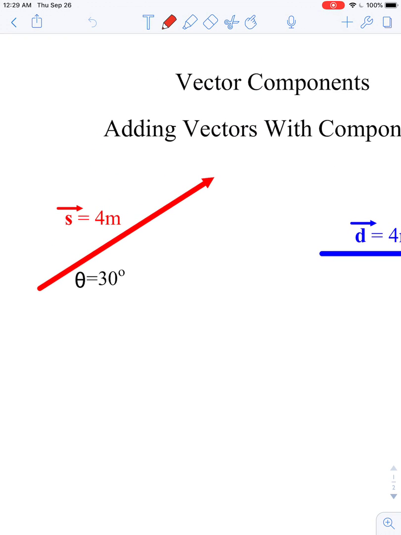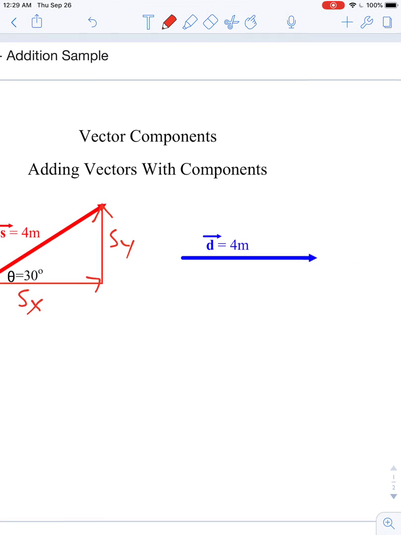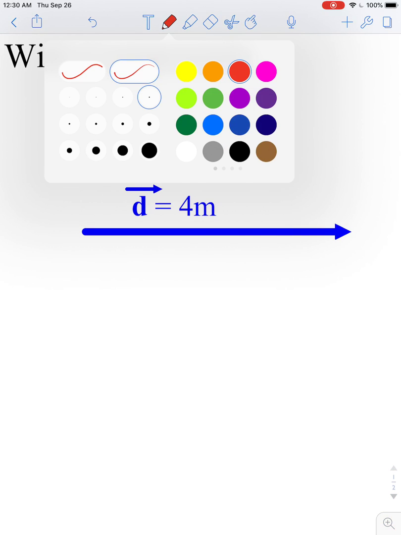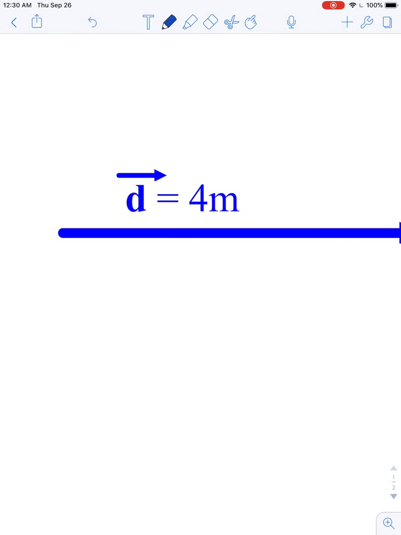Okay, so first thing I'm going to do is draw my components for vector S. So the arrow points up and to the right, so the components point up and to the right. All right, so there's this one, and this one. Okay, I'm going to put my arrowheads on here, and then I'll label these. This is vector S sub X, so the horizontal component of S, and S sub Y, the vertical component of S. If we look at vector D, okay, vector D is completely horizontal, and so really this is just D